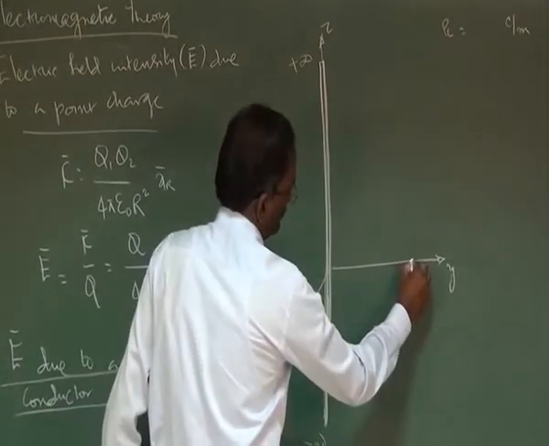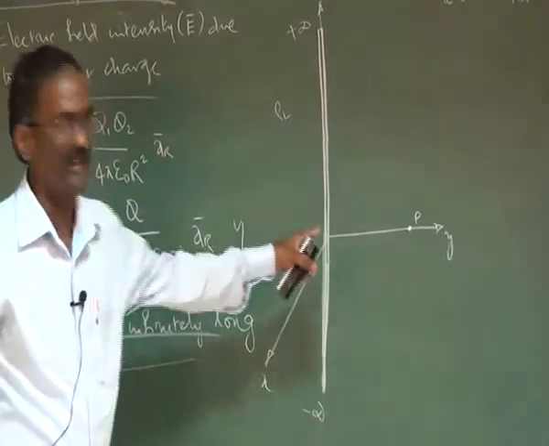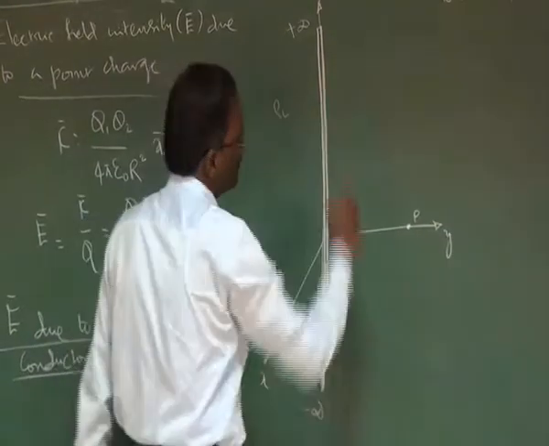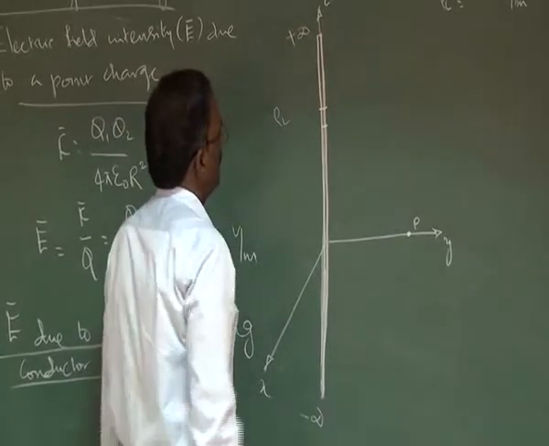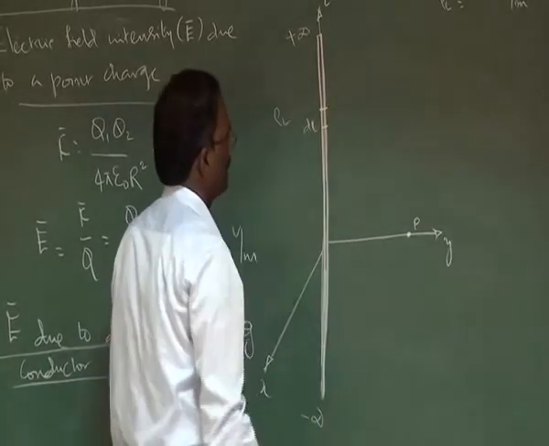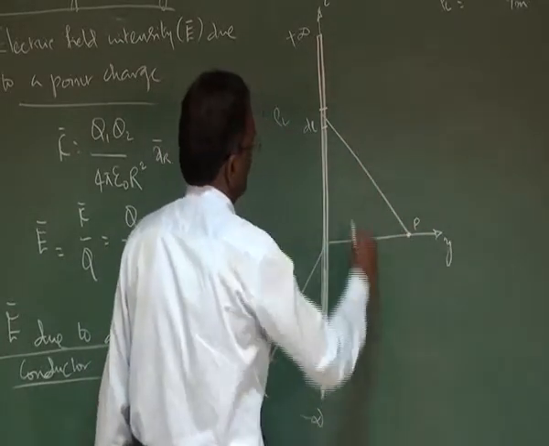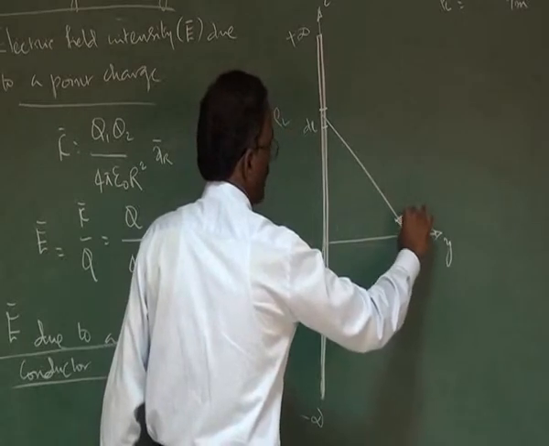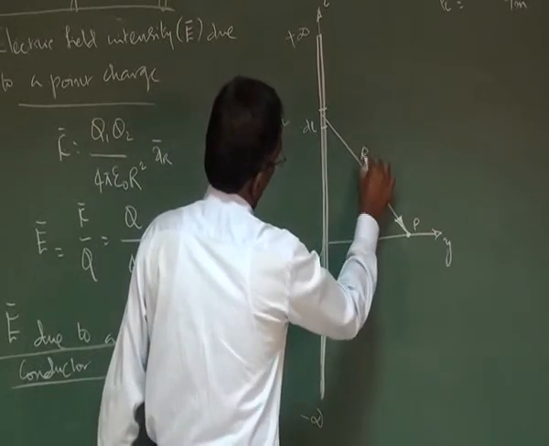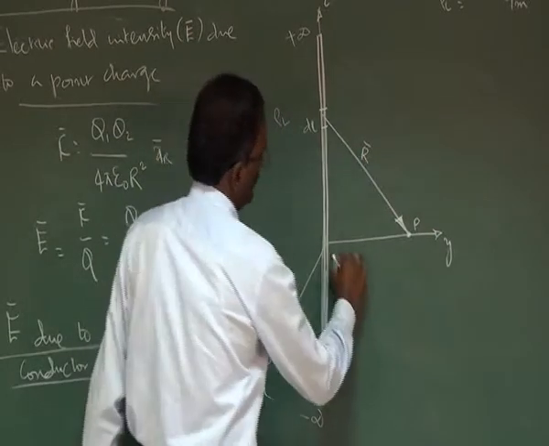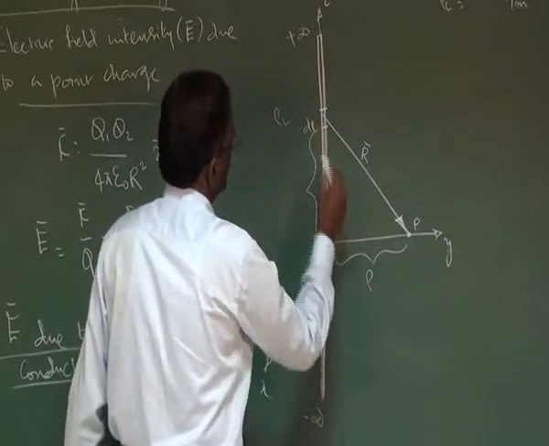The question is, I am going to calculate the value of E bar at P due to this line charge. For it, I will take a differential length here. Due to this differential length, I will calculate what the E value is here, right? For this, I want to find the value of this vector. Let me call this vector R bar. This distance may be rho units and this distance may be z units.